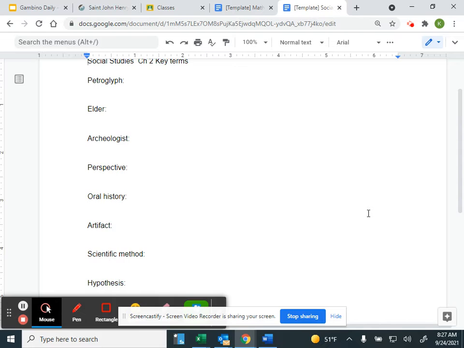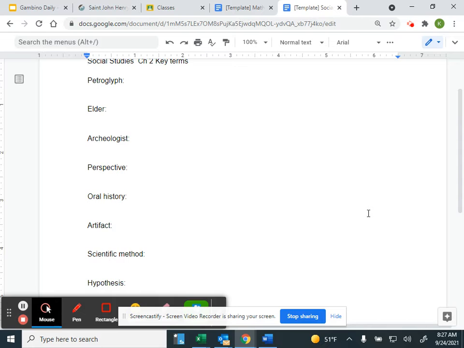Caitlin. A point of view from a person. Yeah, it's one person's point of view. So there are multiple perspectives because there are multiple people about things that have happened. So you might have one perspective about something and the person across from you has a completely different perspective. So we need to remember that every person has their own perspective and we need to get all the different perspectives to get the full picture of what happened.